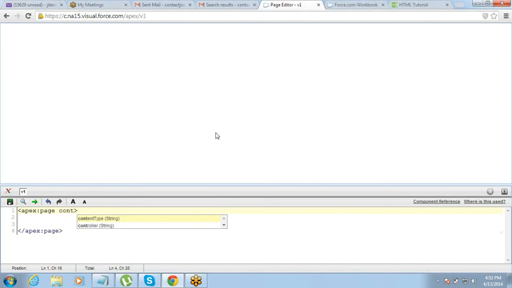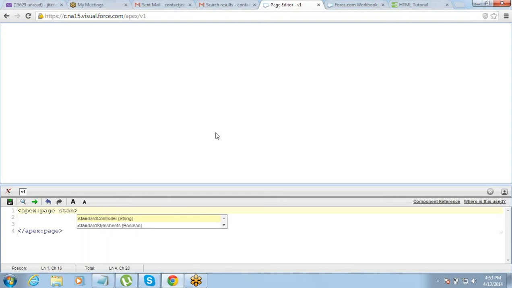So if you say standard controller equals account, then it connects that page to the account object. If you say standard controller equals contact, it connects that page to the contact object, right? And all the built-in functionalities of that object can be used on this page. We do not have to define anything. It's very simple.